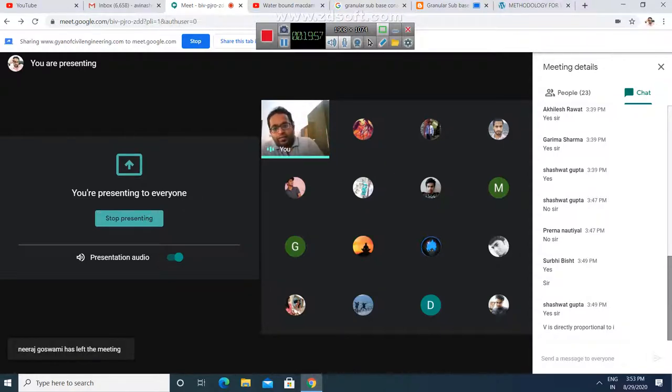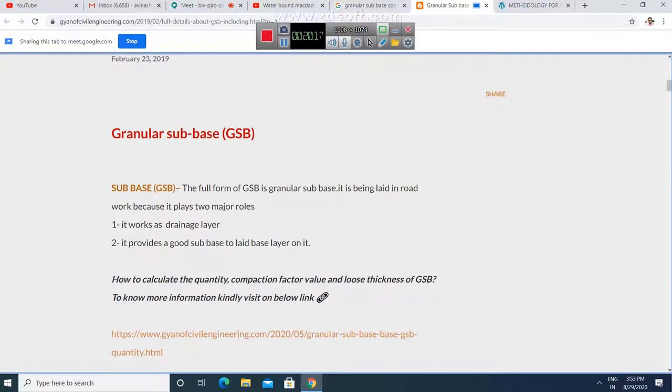In case of aggregates, it is granular in nature and the permeability will be more. So once water is entering, it can be directly used for draining out the water. Okay, so granular subbase will function as a good drainage layer.